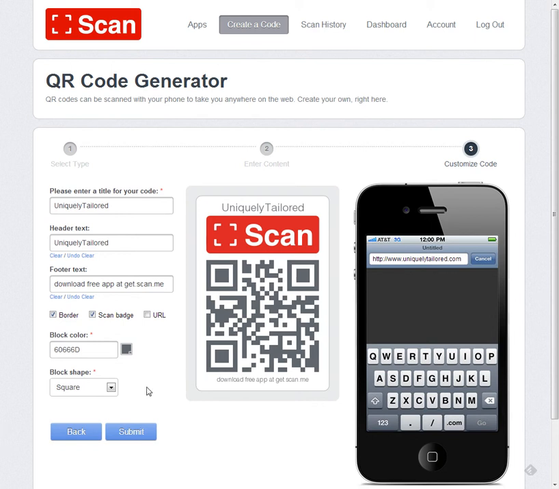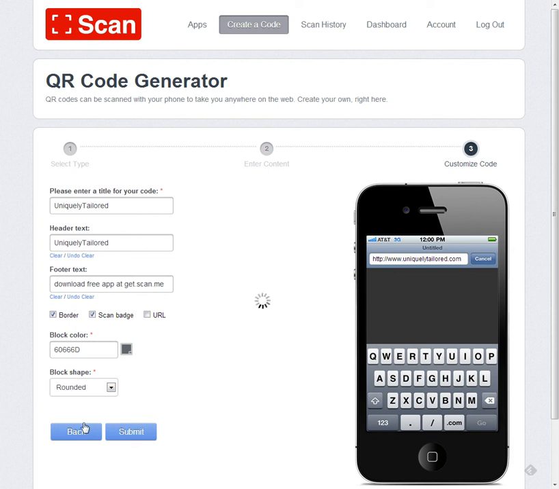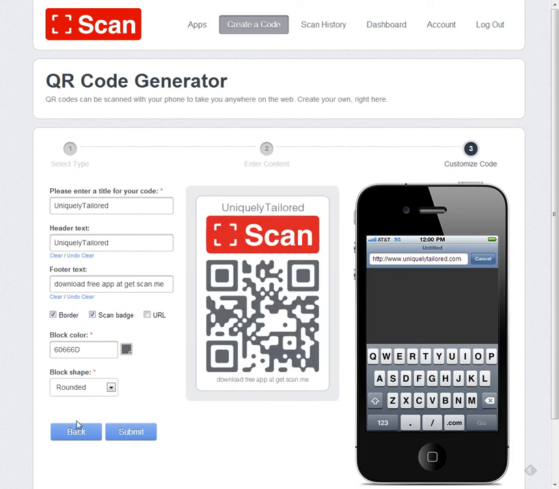I'm going to leave the block color the way it is. And also, just for fun, you can change the block shape, and evidently this doesn't affect how the phone reads it. So the default is square, but you can change them to circles or do rounded squares, which is kind of cool. But for the purpose of this, I'm going to leave it as square. So, and then you just click submit,